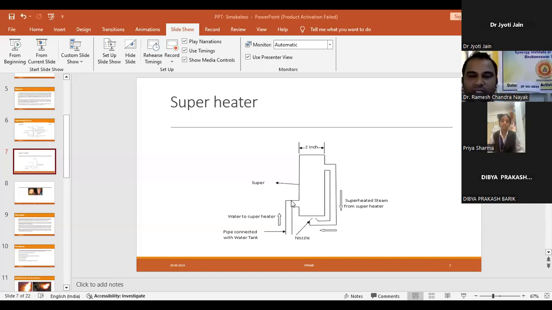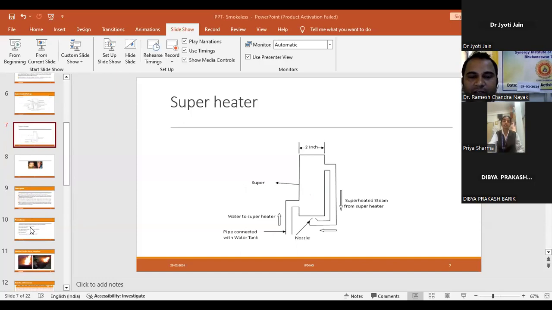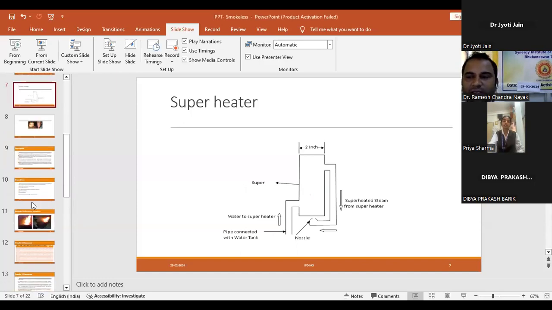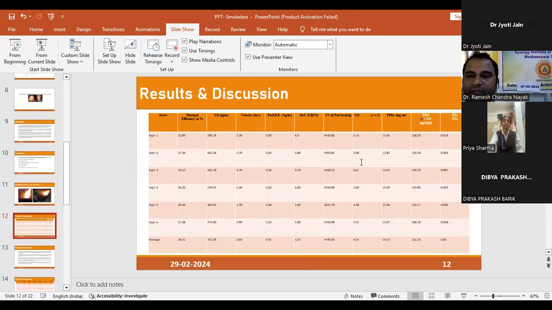Okay, madam. This is the diagram of the superheater. The function of the superheater is to convert the water supply to superheated steam. So this is the technology behind our work, and this experimental setup has been tested at IMMT, one of our central testing centers, placed at Bhubaneswar. The chula has been tested by taking 3 kg, 4 kg of primary fuel initially, and these are the results.